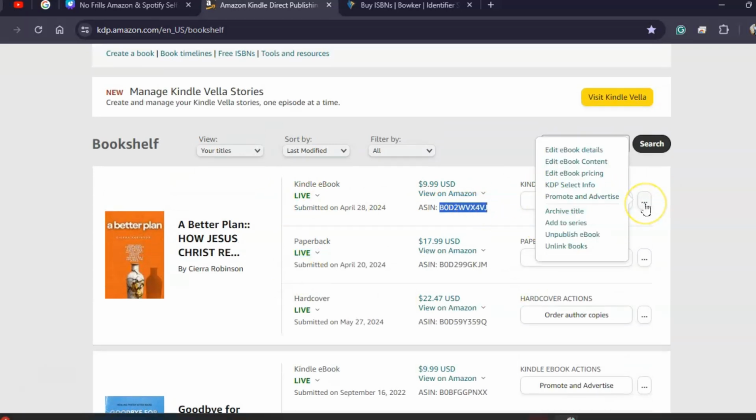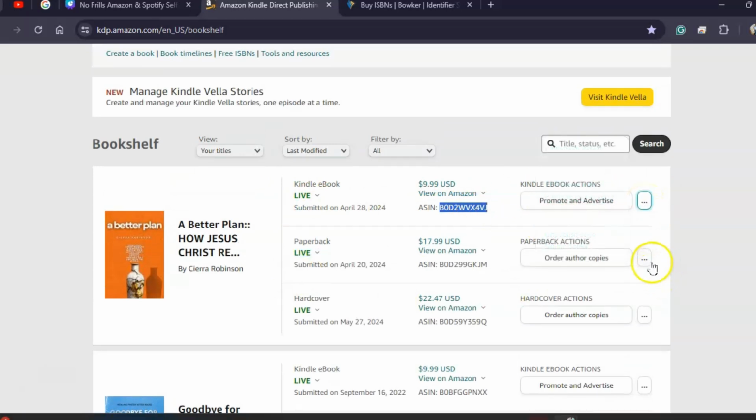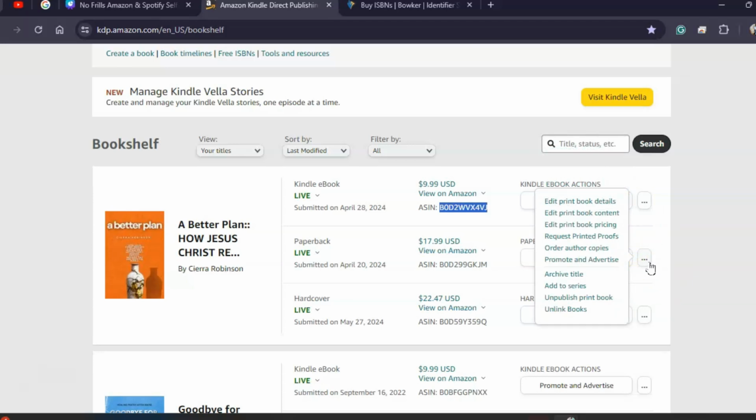When you click over on these three bubbles, let's go for the paperback. I'm not going to click these because I don't want to disrupt anything I've already put up here. You'll have your book details, such as the genre. You have your book content. Well, you'll have like your description and all of these important things. We're going to do this, but we won't do it with this book in this module. And then you can edit your print book pricing, and we'll go through that,